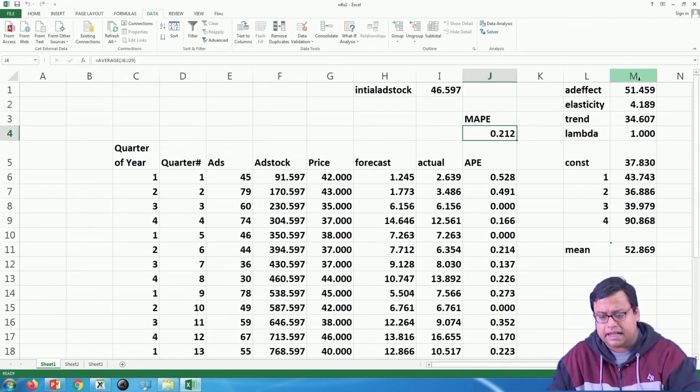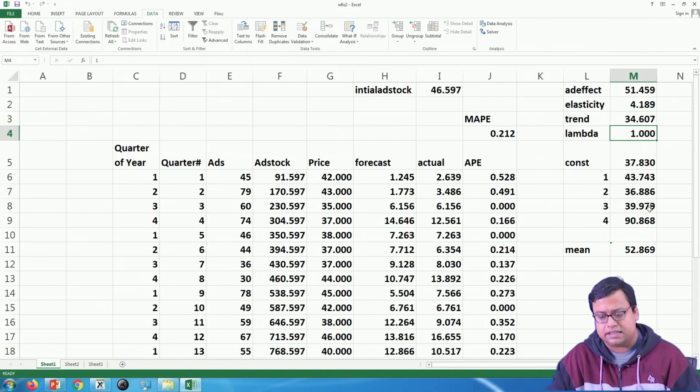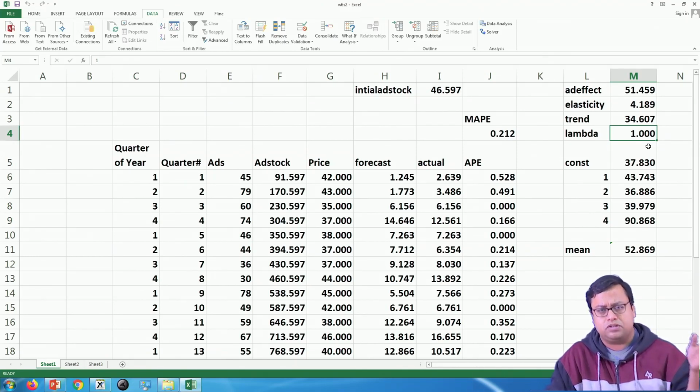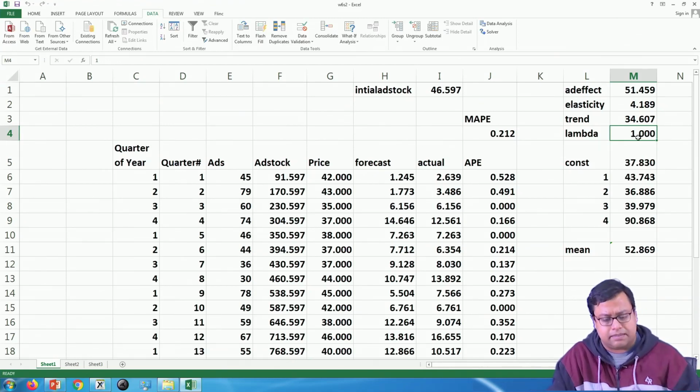So, it is saying that these are the ad effects. You will see that for every increase in ad stock it is going up by 51, and the elasticity is like this, and the trend is like this, and so on. The values for all the lambda values are coming up to be 1. Lambda value coming up to be 1 means absolutely full ad effect in the next period, which should not be the case. So, if you had run the solver some more time, you would have got a better lambda value. There is no decay at all. So, this is something that is being shown, which might not be the case properly. So, this is what we have done till now.